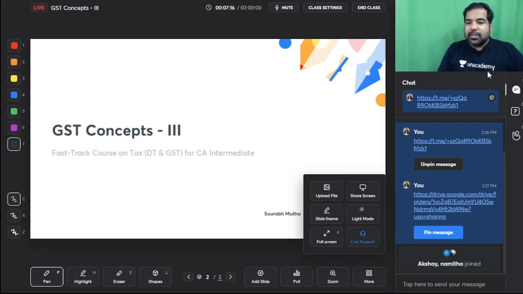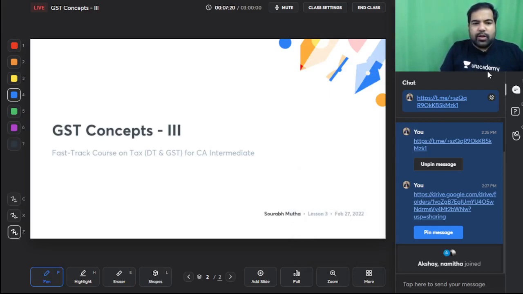Today's session is going to be an excellent session on GST. So what's in store? First up, the chapters for this session. We've just finished time of supply, so we're going to look at a chapter called registration. I just want to update a small thing which we lost out in time of supply. And we are going to look at a chapter which is called ITC.